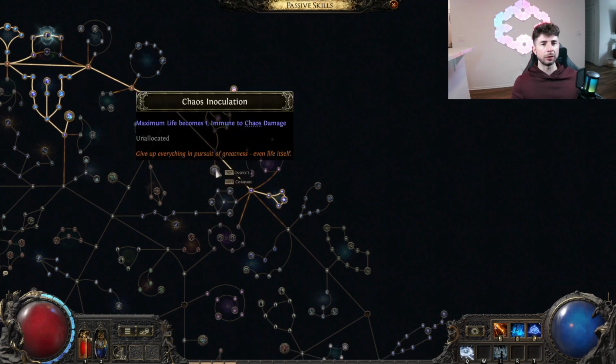We are going to be skipping the Chaos Inoculation. While it is really helpful to have that immunity to chaos damage, we cannot afford to have only 1 point for our maximum life. Since we're using Ahn's Disdain, that 20 to 25% that bypasses your energy shield would instantly kill you. So we are going to skip that for now,